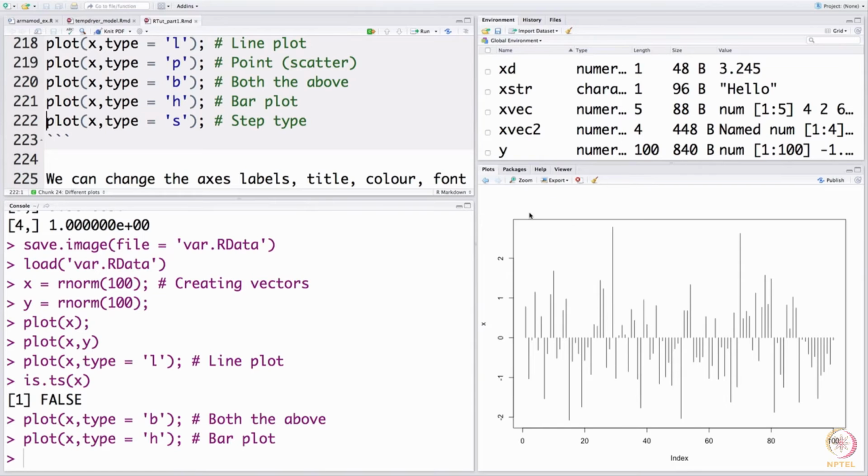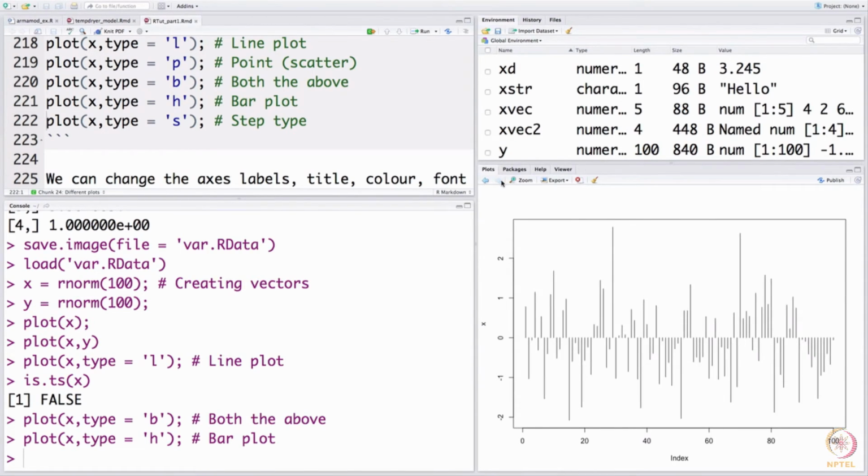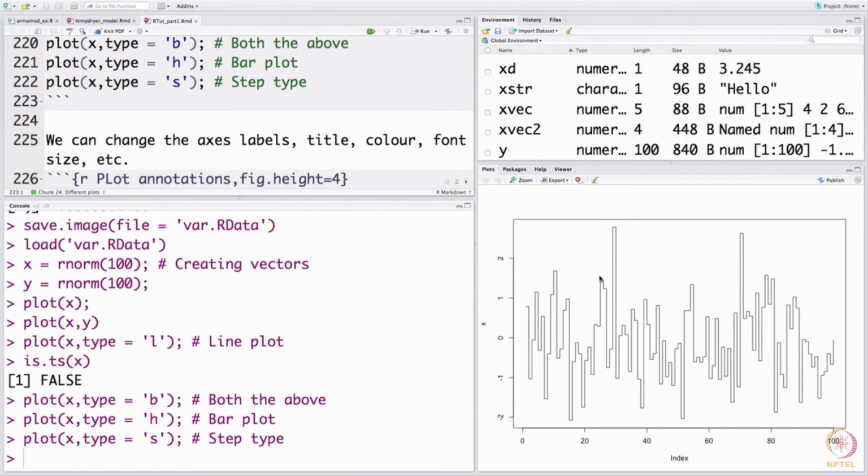Now, one of the things that is nice with RStudio is that the plots that I have drawn previously do not go anywhere, they are not thrown out, they are available for you to browse back and forth. That is a nice thing about RStudio. So, I can go back and forth between plots. If I want to close a particular plot, I can use the button here, and if I want to close all plots, I can once again use the broomstick like thing and clear all the plots. So, now your slate is clean. Fine. Finally, you can draw a staircase like plot, where it essentially connects points with a horizontal line.